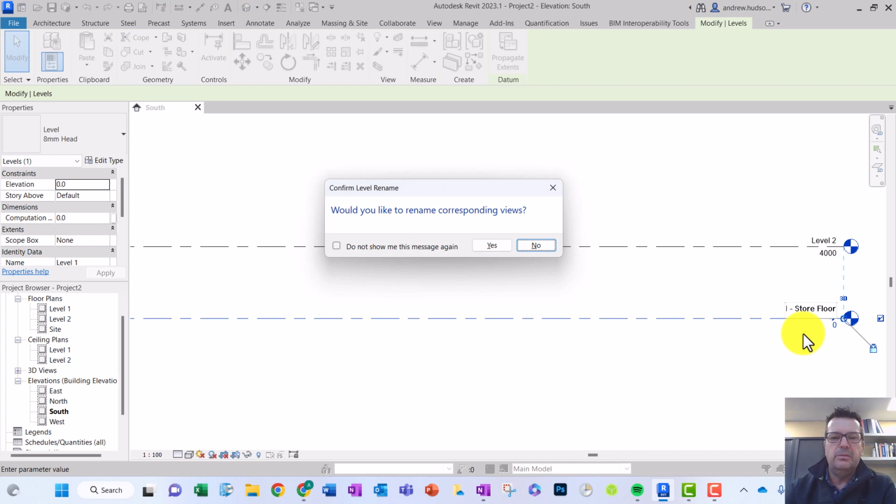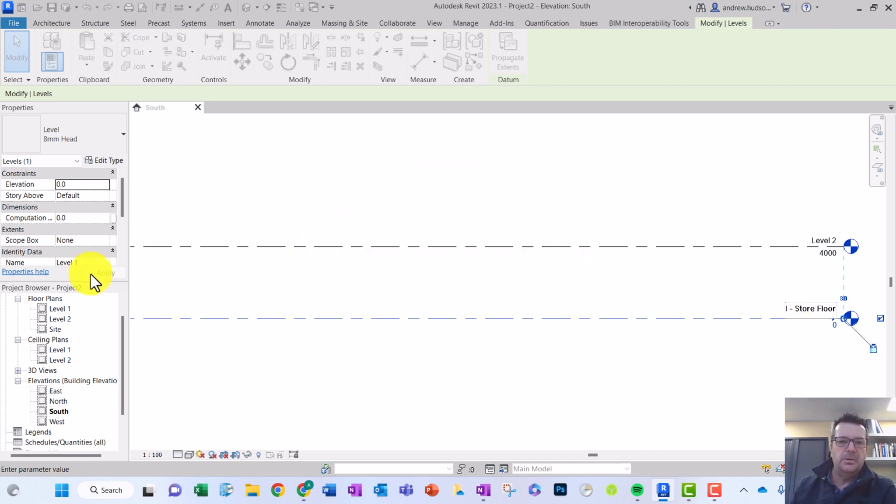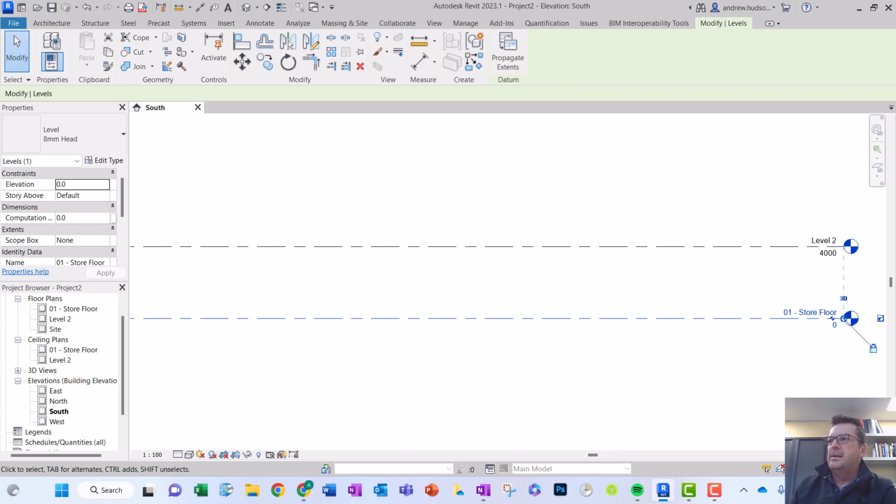It'll say, would you like to rename the corresponding views? And we're going to go yes. So the corresponding views, as I just said, are these ones here under floor plans and ceiling plans. You can see that they have now changed from being level 1 to 1 store floor and reflected in both of those views. So once we've done that,